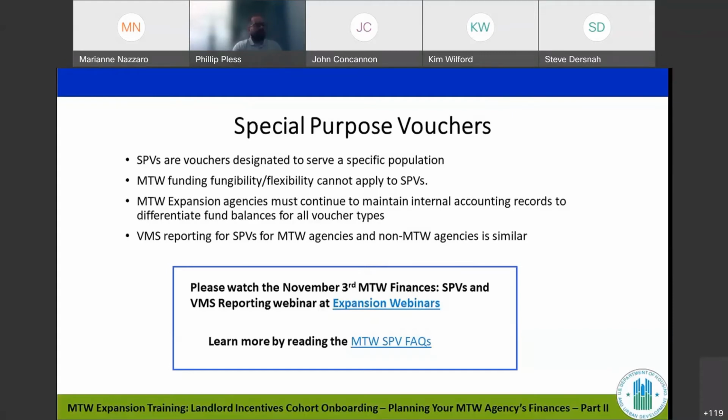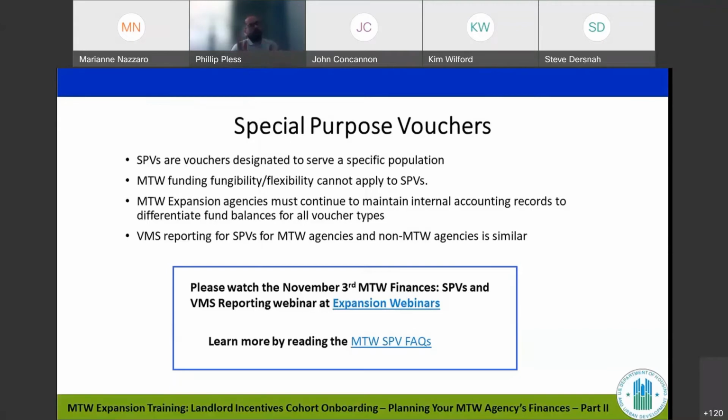This document is an amazing resource. It not only covers how you report special purpose voucher information in VMS as an MTW PHA, it also includes some things about 50058 reporting, and it also covers